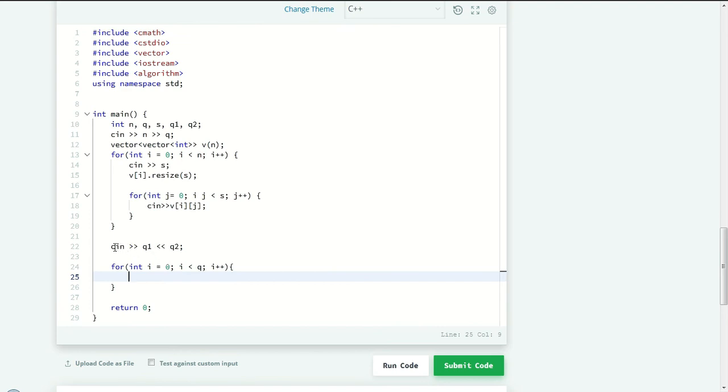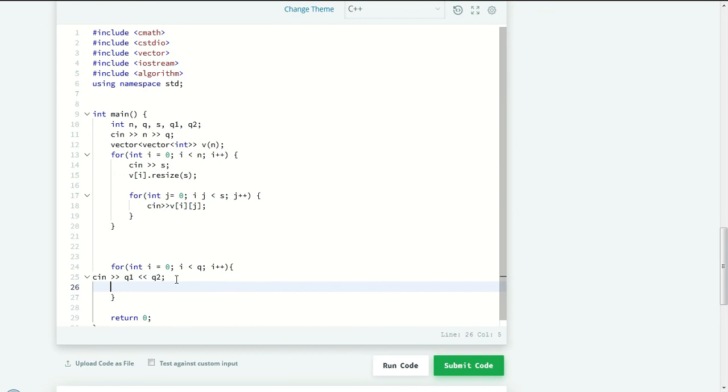Now it's time to read this value. Paste it here and we need to work on this one. Example, cout v of q1 q2. So that's all. That's what the changes are.